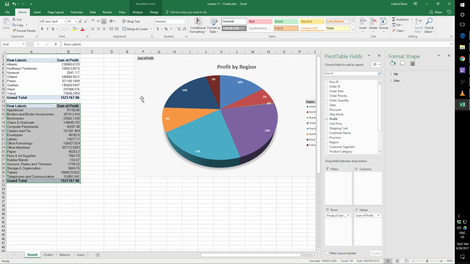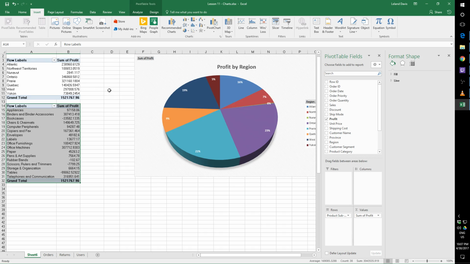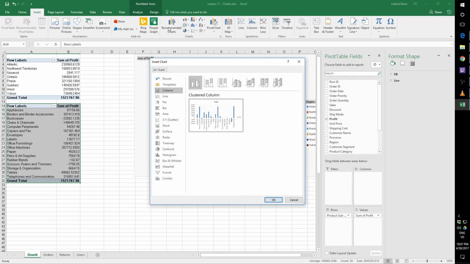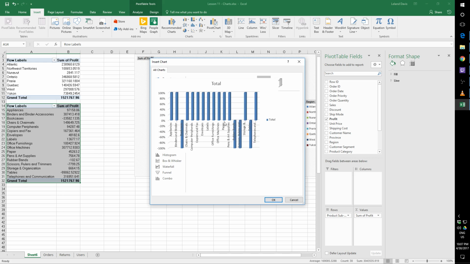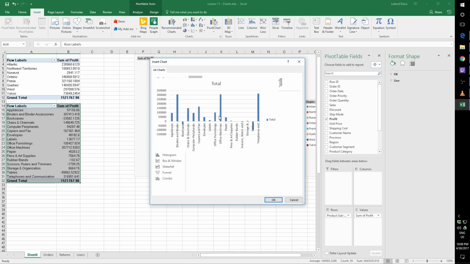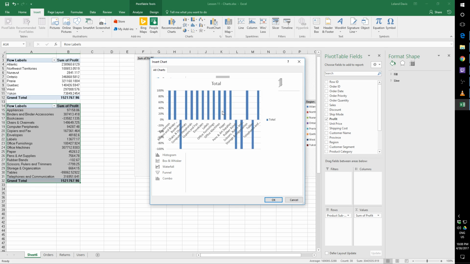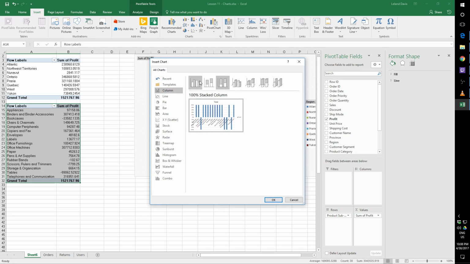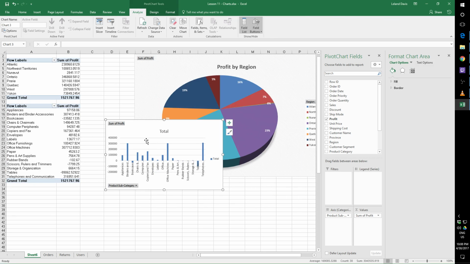How about if we go insert, what chart does it recommend? It recommends a type of bar graph. And this one I like. We've got a couple of options that will show us negative numbers. Like that. Now that's a percentage. We don't want to do a percentage. Clustered, stacked, and we don't want percentages because that doesn't make sense in this case. So let's do this one, this bar graph here,